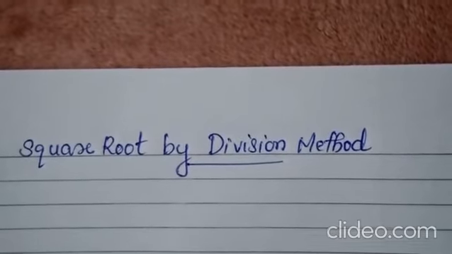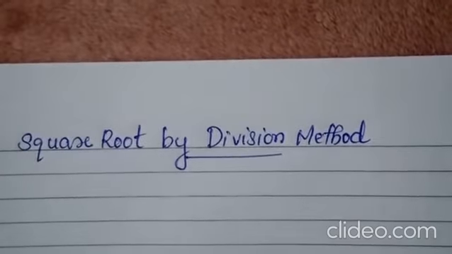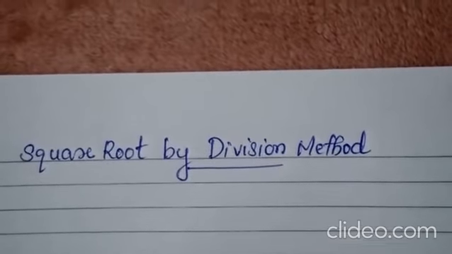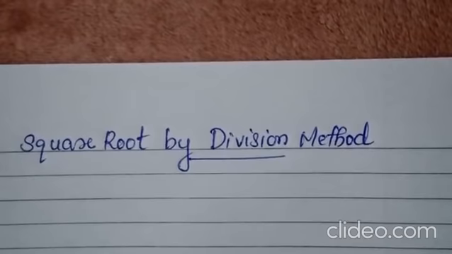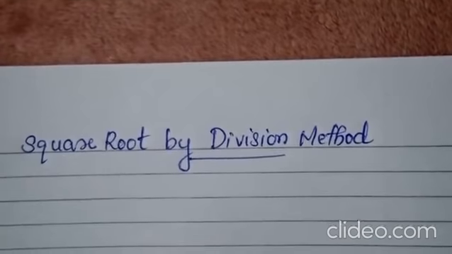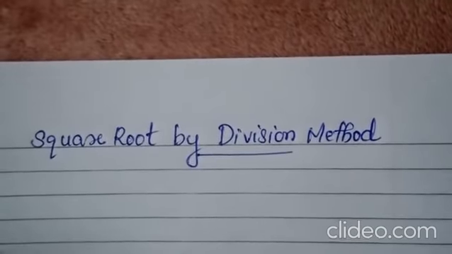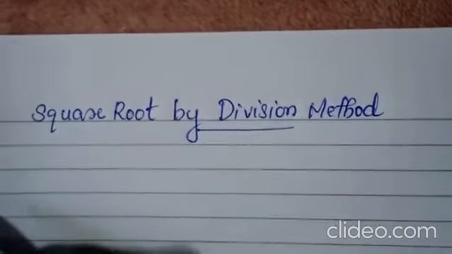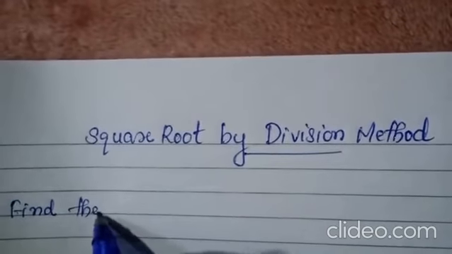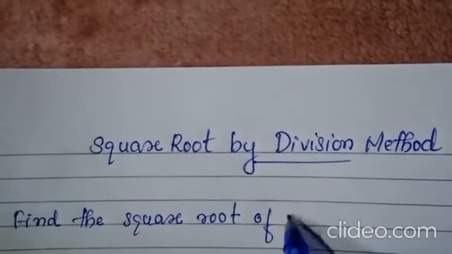Next, we are going to study square root by division method. When the numbers are large, the method of finding square root by prime factorization becomes lengthy and difficult. In this case, for large numbers, we use the long division method for finding square root. Okay, let us study how to find square root by division method. First, I will write one question for you. Find the square root of 784